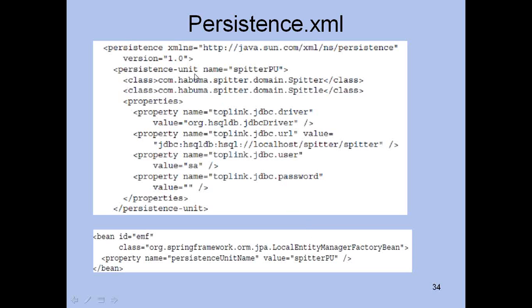You created a persistence unit in the persistence.xml file in meta-inf, and the name you gave is Peter PU. So in the Spring configuration, to get an application managed entity manager factory, you define this Spring bean, local entity manager factory bean, and provide the value for the persistence unit name that you defined earlier. You got it?